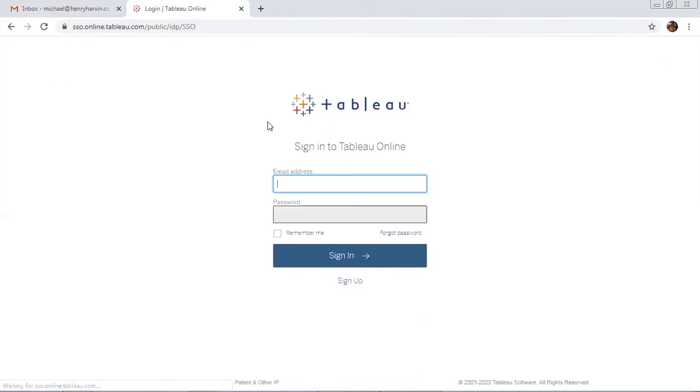It's over now. It's asking me for credentials. Since I have not given these credentials to anyone else, I am logging in with my own credentials only. But had I given credentials to my clients, the clients could have used their own credentials and logged in. So I'll skip my email. And once the user logs in to the Tableau dashboard with the credentials, they'll be able to see this dashboard.